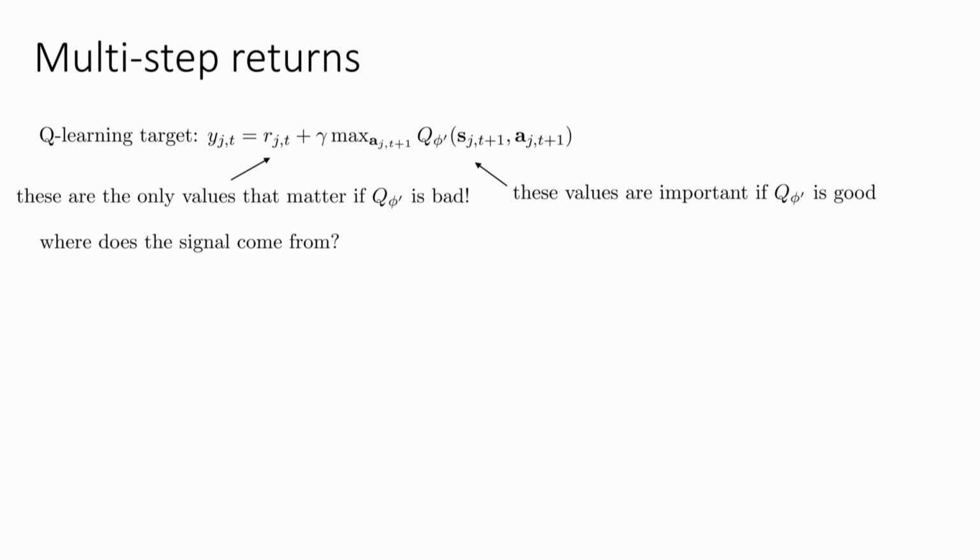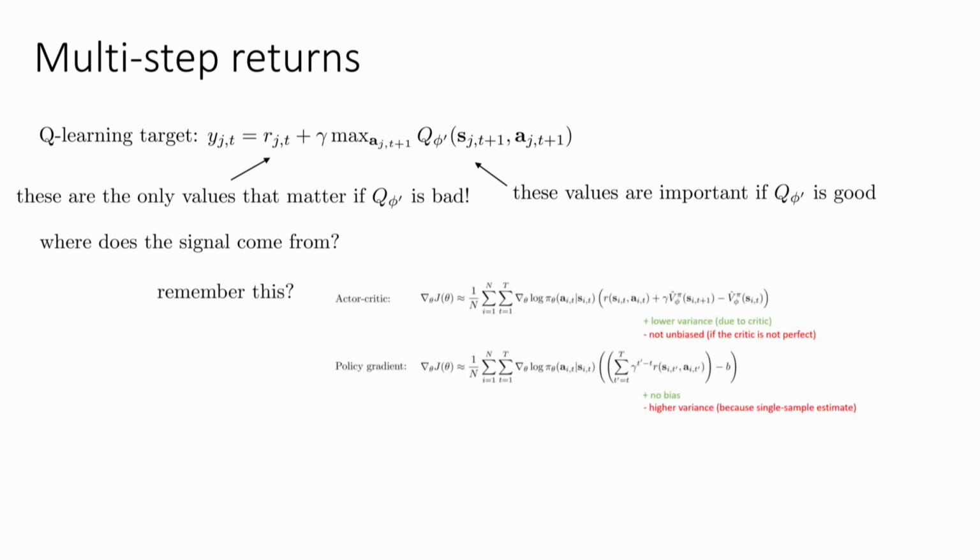In fact, you have to wait for a little while until this second number gets close enough to the true Qs before you actually start learning more than one-step rewards. Can we do better? Well, we've been in this situation once before. We were in this situation in the actor critic lecture, when we saw that an actor critic update, where you do the reward plus the next value minus the current value, has lower variance, but it's a bit biased, meaning that if your value function is incorrect, this is not really a good estimate of your advantage. In the same way up here, if your Q function is incorrect, this is not a good estimate of your target value.